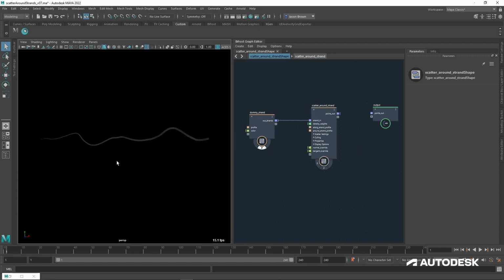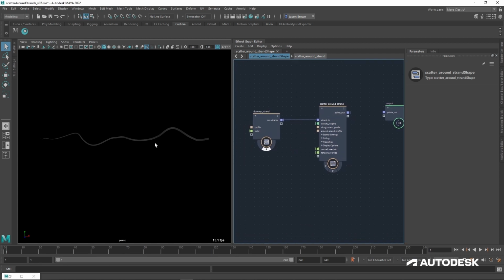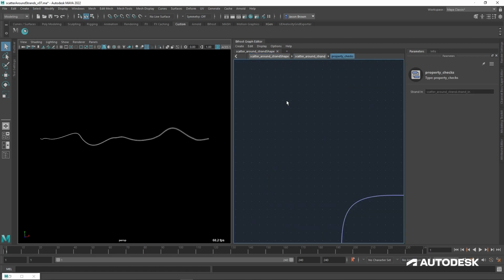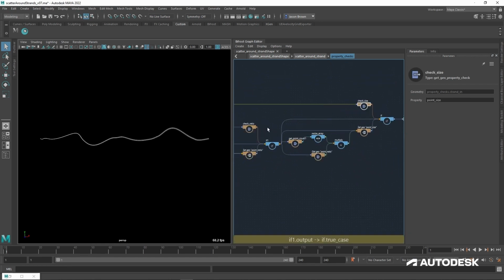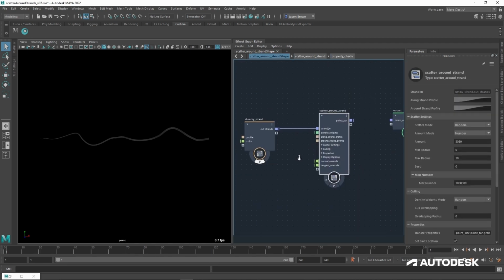Scatter around strand. Now this is using the idea that a strand has a beginning and a strand has an end. In fact, the scatter inside of here relies on it having point size and a point ratio on the strand. But it's okay if you don't, because I've put in some property checks here that just checks to see if those two properties, ratio and size, are present, and if they're not, it just creates them for you. So don't be too worried about that. But just in terms of how it works,